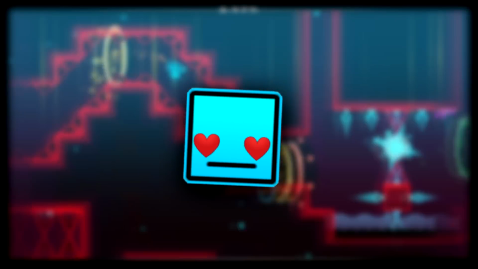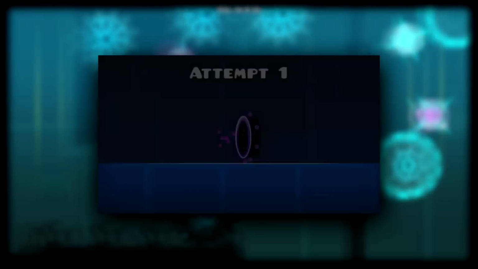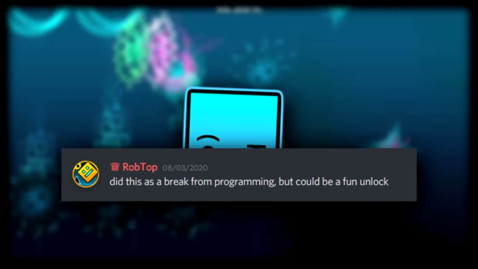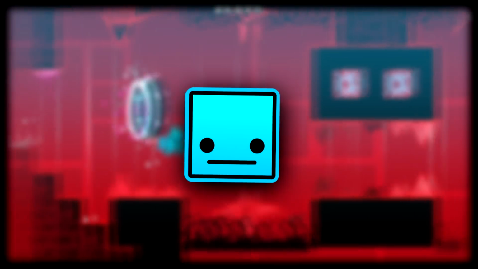It's nice to see something like this being added onto Geometry Dash. Another thing to point out is that you can barely see the spider about to run into the spikes at the fade out of the video. It literally caught me off guard and made me chuckle a little bit. RobTop mentioned that he wanted to take a break from programming, so he made this. However, he's considering making a fun unlockable icon for the spider, which I personally want to see happen